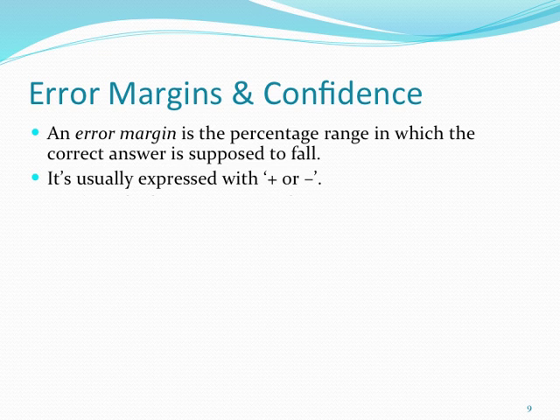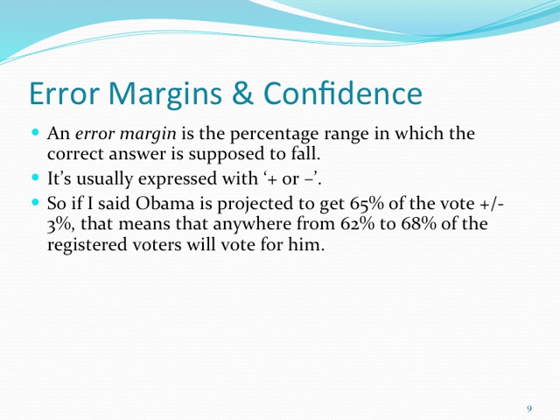Okay, so here's an example. Let's say that we found out that Obama is projected to get 65% of the vote and the error margin is plus or minus 3. What that means is anywhere from 62 to 68% of the registered voters will vote for Obama. So you literally add and subtract 3% and you get that range. And you want the range to be particularly small. If the range was too large, if it was anywhere from 20% to 80% are going to vote for Obama, that's not very informative, is it? So when it comes to error margins, we want them to be small,